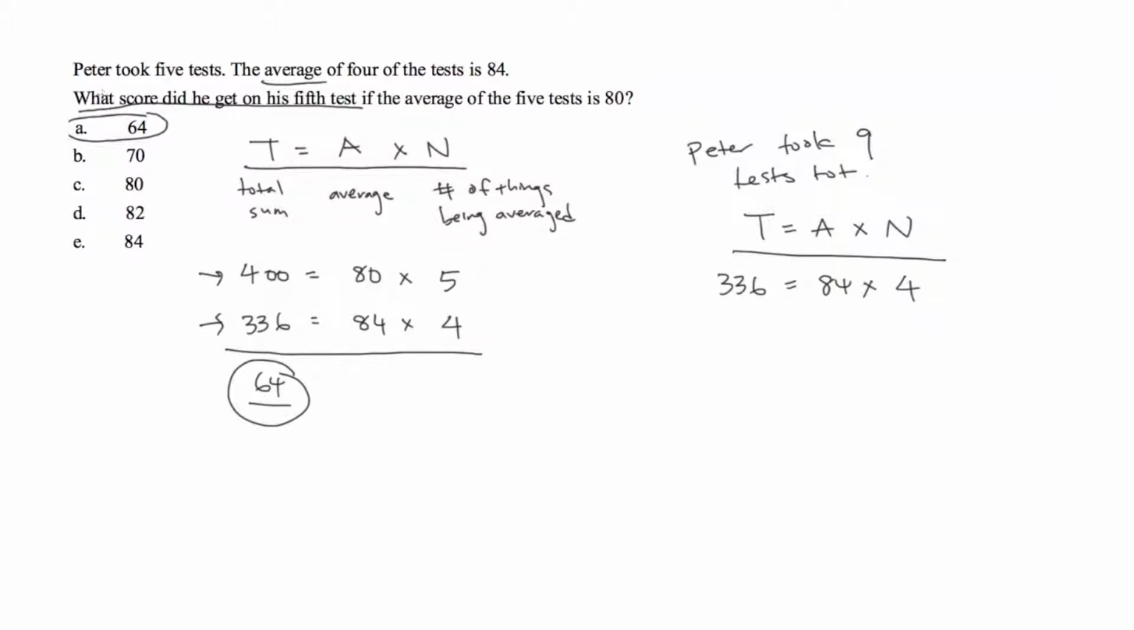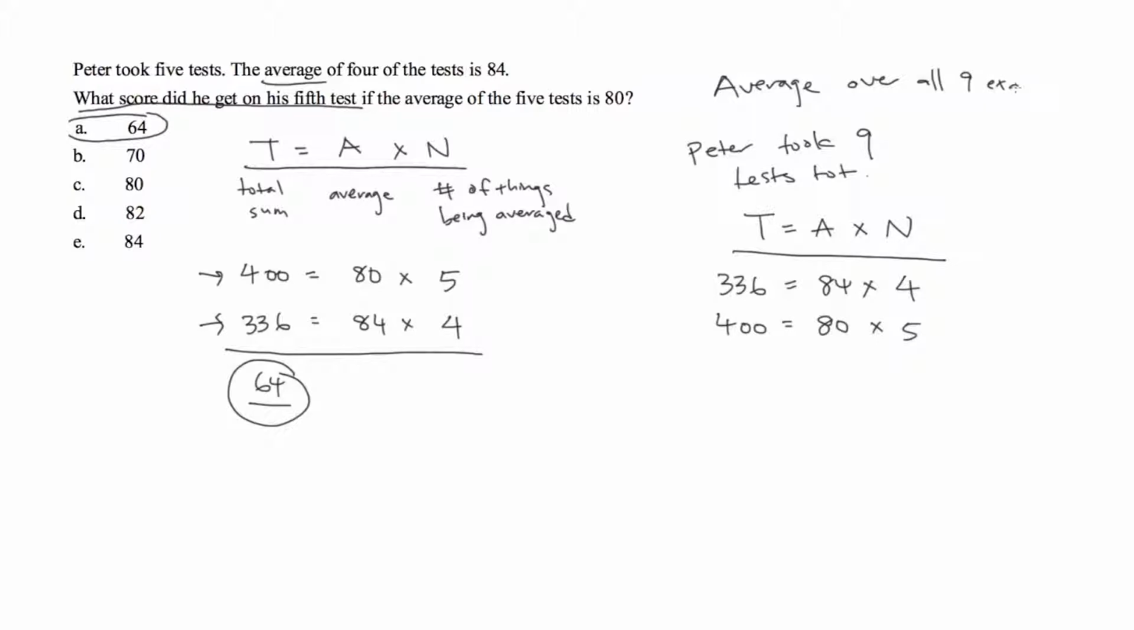Next, what if it said on the next 5 exams he averaged 80? So again, average would be 80. In this case, the number would be 5. And he would have accumulated 400 points total. The final question would ask something like, what would his average be? So what would the average be over all